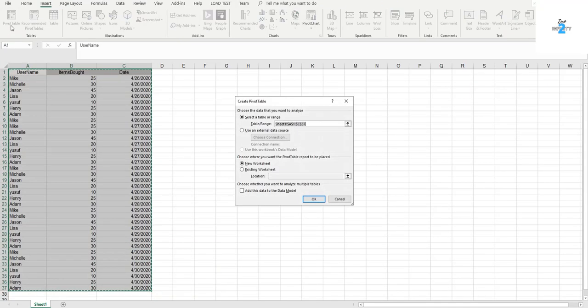Now click the pivot table, and here you can see the range is populating. Based on the range we have selected, it comes by default. You can change the range as per your choice. The next section is the new worksheet and the existing worksheet. The existing worksheet will create the pivot table in this sheet only, and if we select the new, it will create a new tab here. So I'm going to create the new worksheet here.